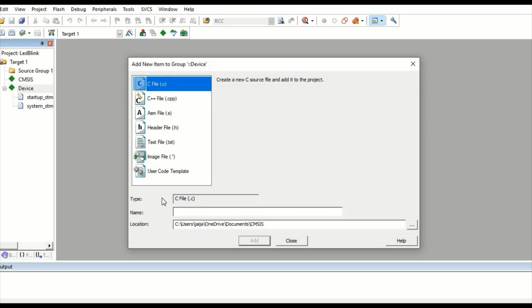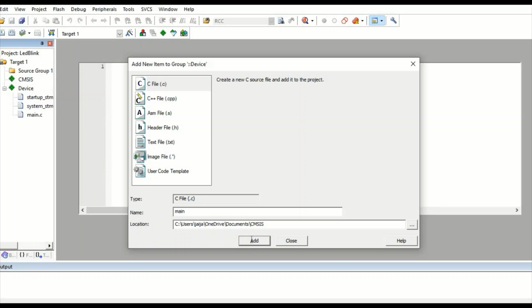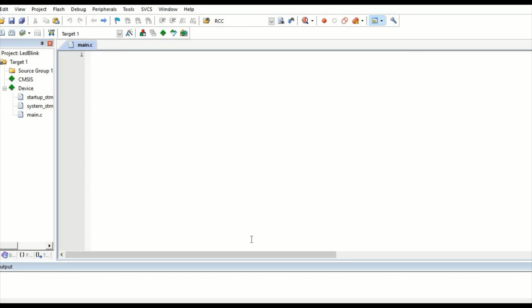Select the C file because main.c we are using. Only main has to be given because the type is already there, that is the C. Go to Add. Now it is open. So this was how to create a new project using CMSIS core in Keil Microvision.